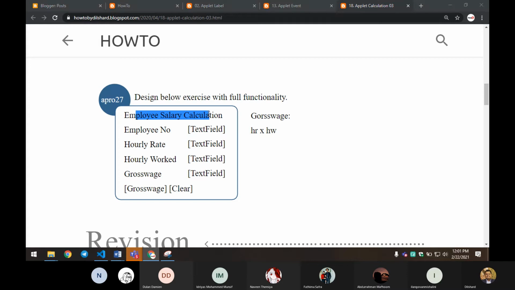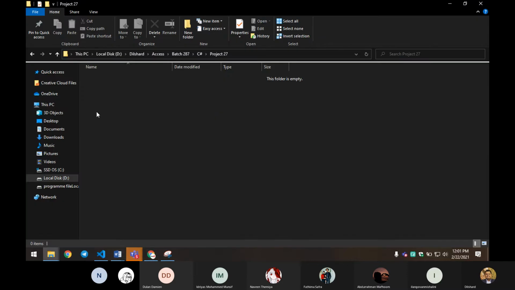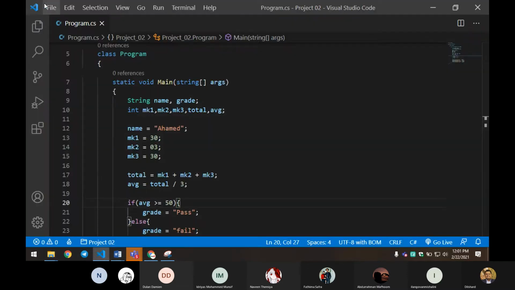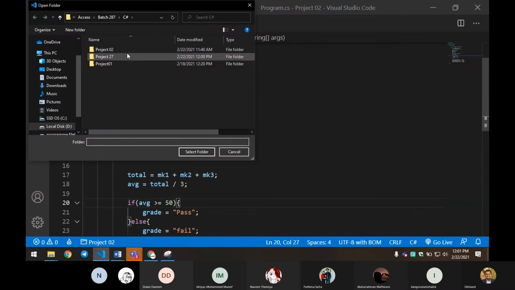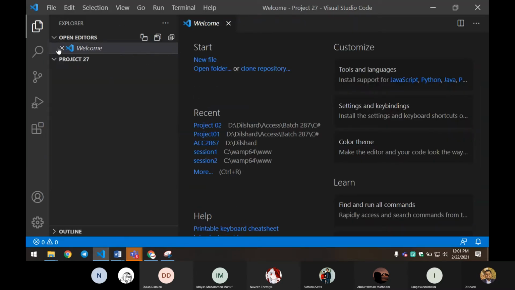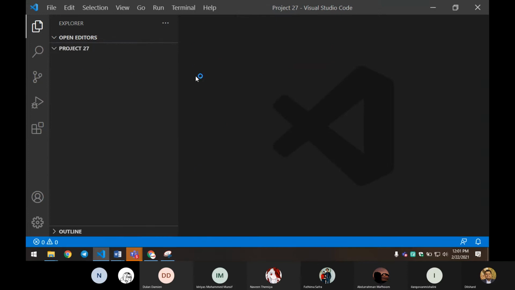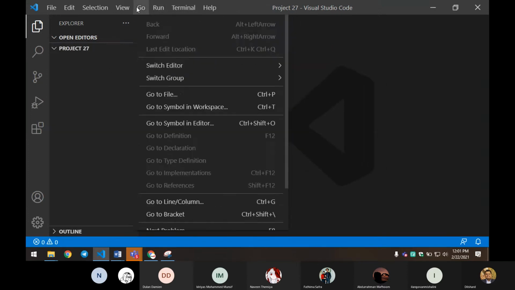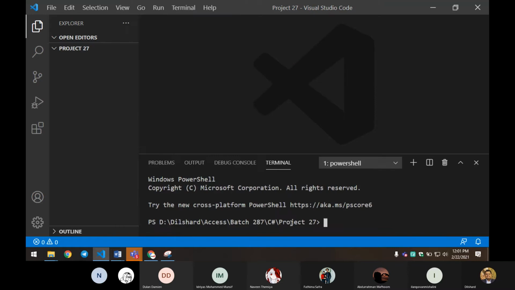So what I'm going to do is go to VS Code first and open the folder. Then we'll close this welcome page and open the terminal. In the terminal we have to say dotnet new console. I'm always forgetting that.